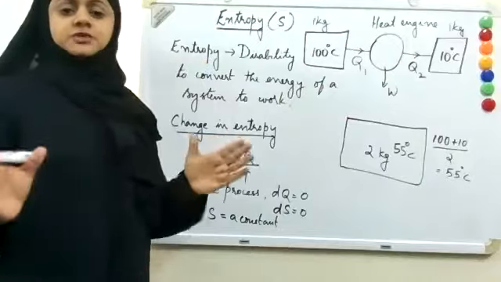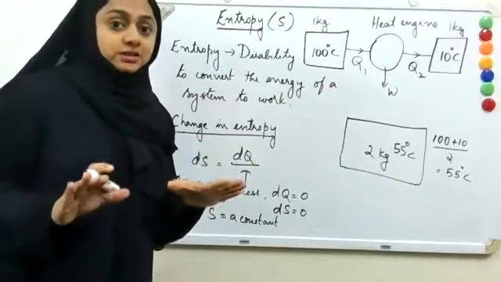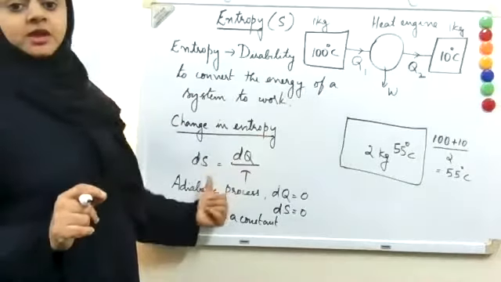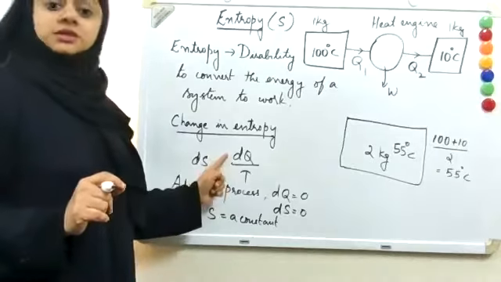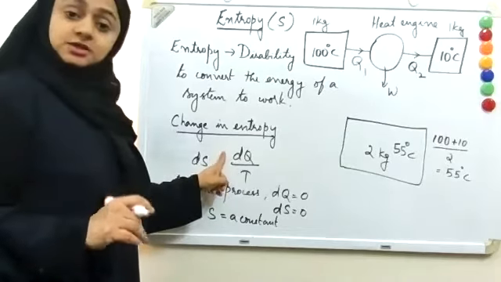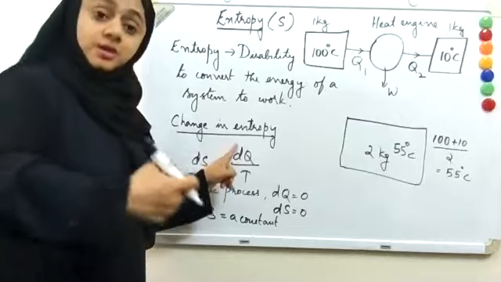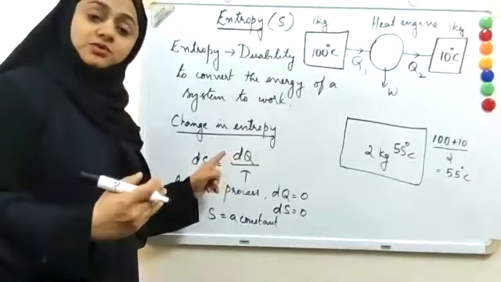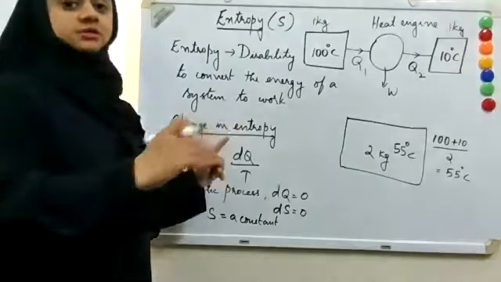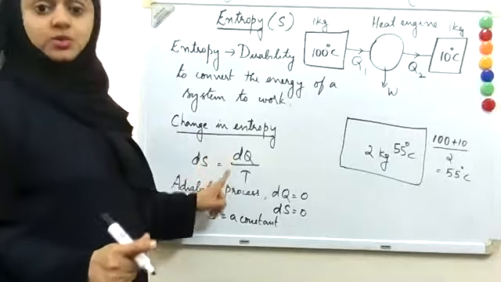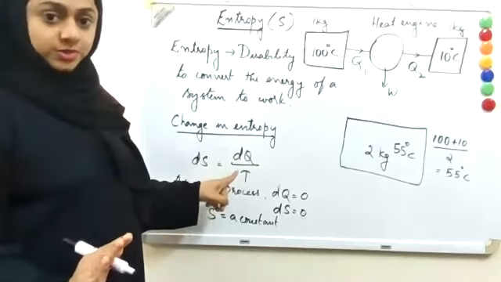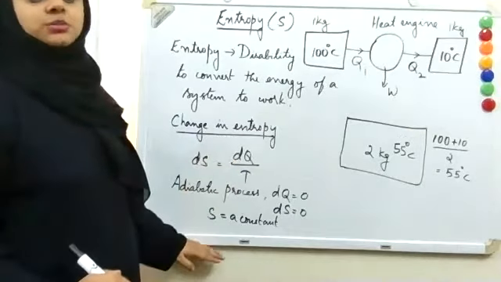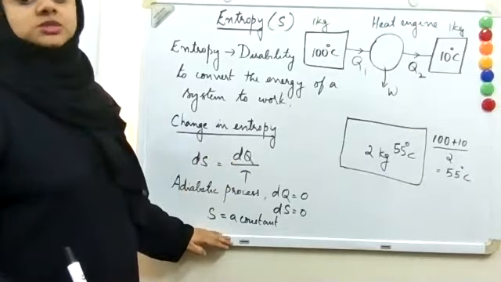So the entropy of a system as such doesn't have a valid meaning. We can only think about change in entropy. And change in entropy is measured as the change in the heat energy. That is the amount of heat energy absorbed by a system, in that case dQ will be positive, and the amount of heat energy rejected by a system, in that case dQ will be negative, divided by the absolute temperature. And since dS will be 0 when dQ is 0, S remains a constant,